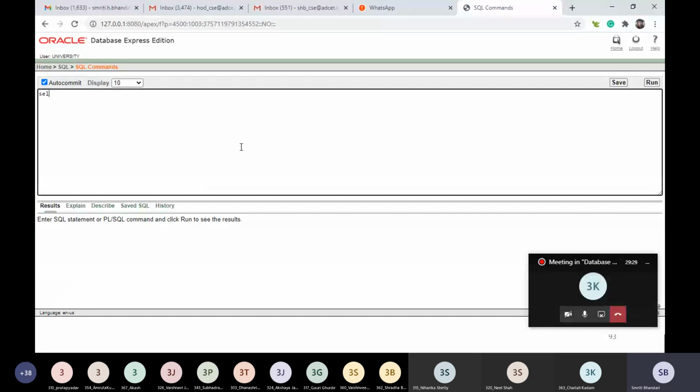First we'll write the subquery to find the sum of salaries of each department. Select department name, comma, sum of salary.